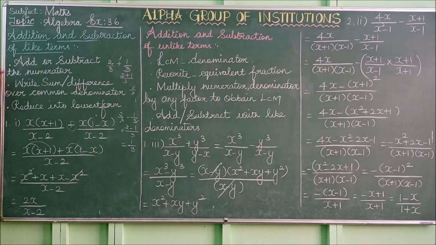Listen once again. What is the first step? Add or subtract the numerators when it is a like term, so the denominator will be the same. Here the operation is plus, so we are adding the values. Take the first one and write the second part, then multiply the values. Afterwards cancel any plus and minus terms, then add the remaining values. If there is any possibility, reduce to the lowest form. Here there is no possibility, because the numerator is 2x and the denominator is x minus 2, so we can simply leave this. Then move on to the next one.